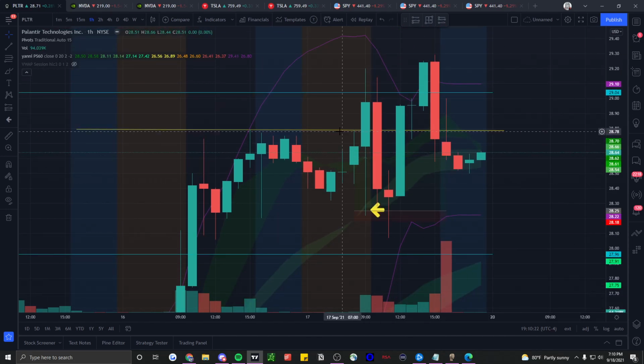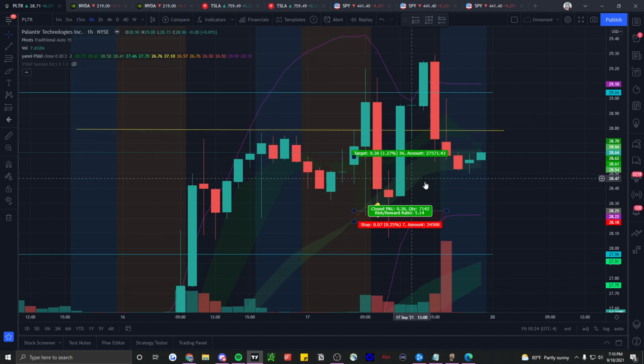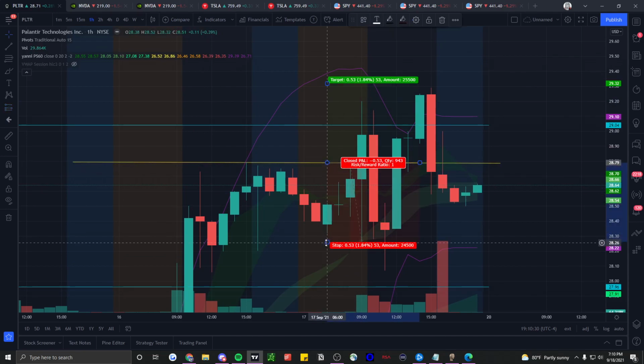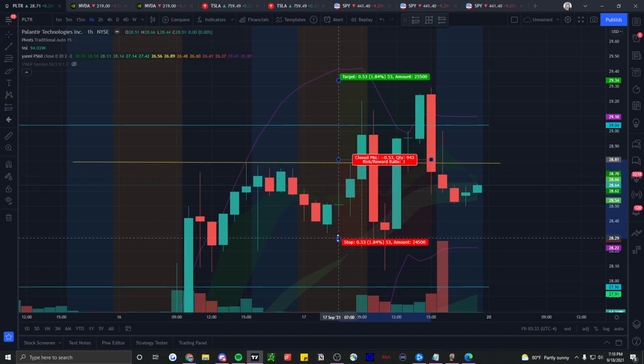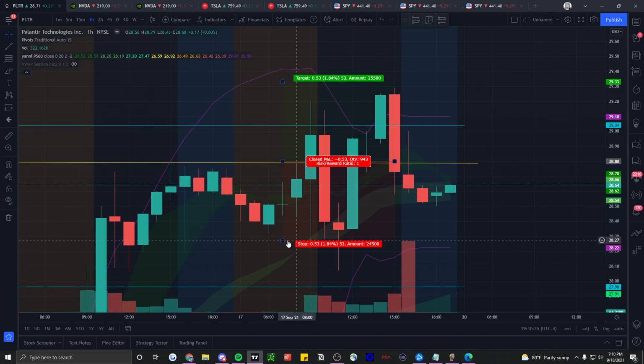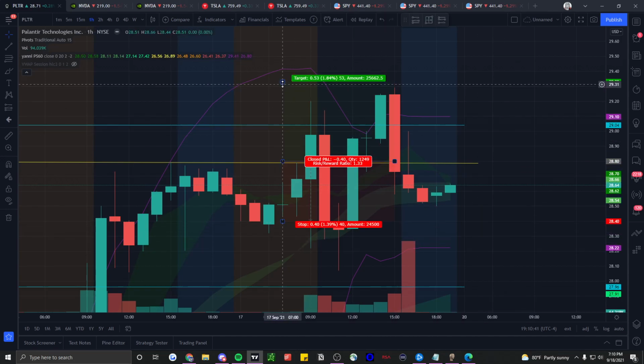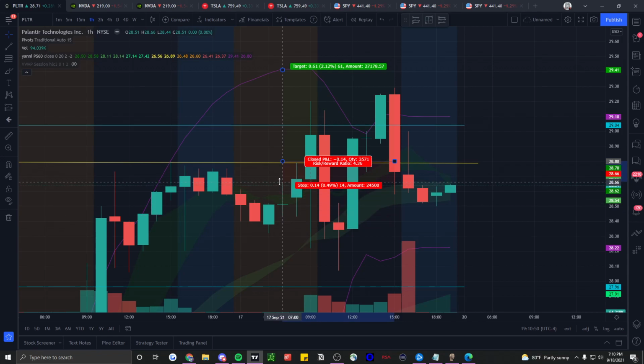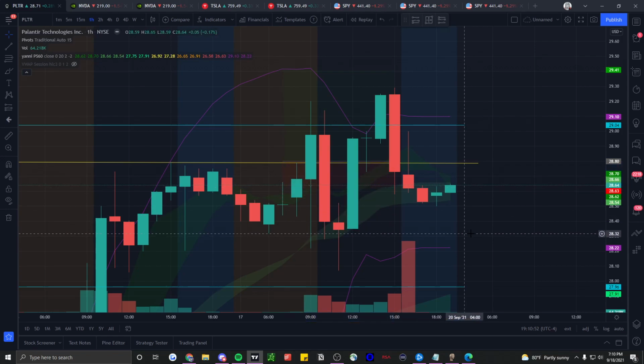And you could even try to anticipate this breakout here. I think that would be a little bit of a separate trade. So say you try to get the breakout into here, you would have to risk the previous 1 hour close. So I would probably risk into like 28.40 and take profit into here. So our risk reward changes to 1.5 unless you put a tighter stop on this trade. But